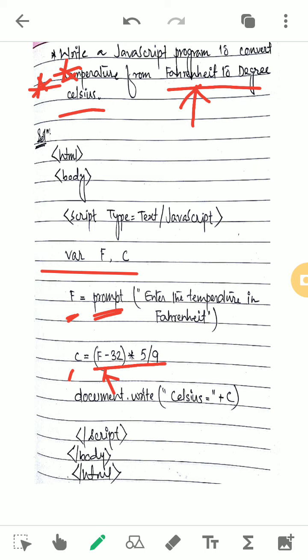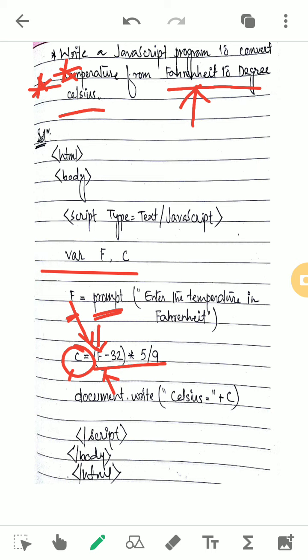As I have given in the example, it will be displayed in your computer that you should enter any value which is in Fahrenheit, not in degree Celsius. You want to see, if this much Fahrenheit is there, then what will it be in degree Celsius. So if you have given 100 here, the value of F will be replaced by this one, F 100 minus 32, and whatever result comes will be stored in variable C.